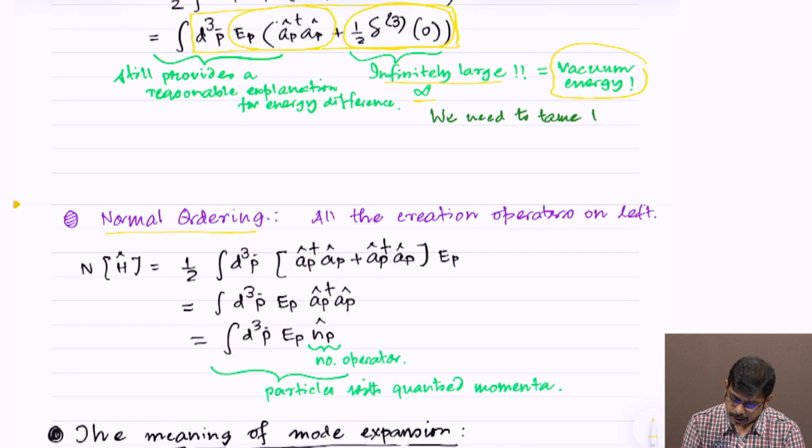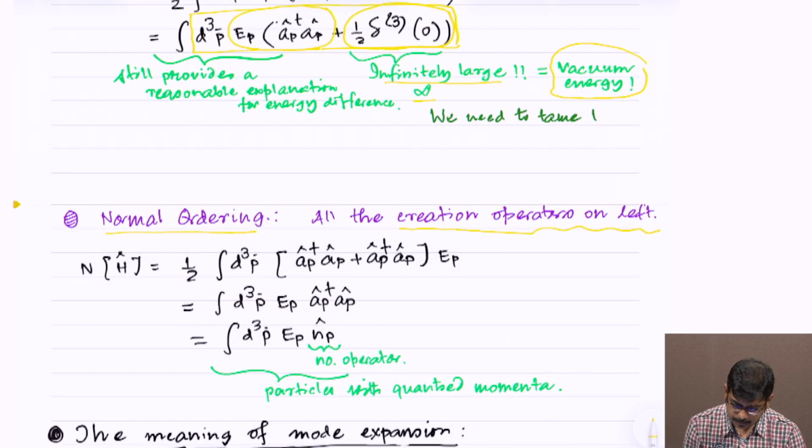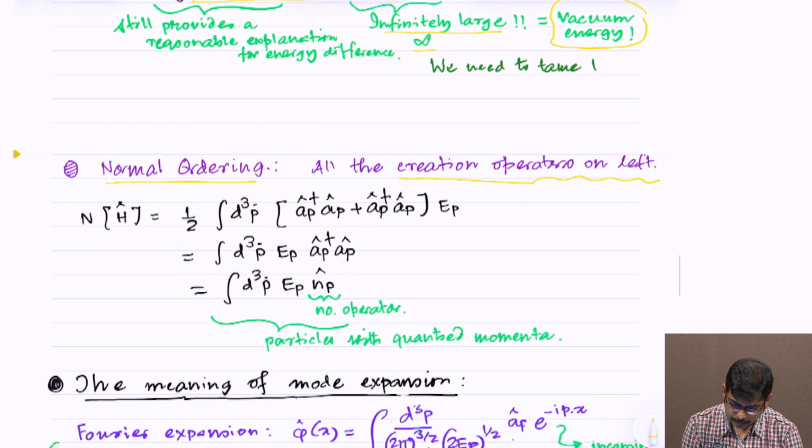And in this normal ordering, basically what you prescribe is that you normal order the Hamiltonian, and that brings all the creation operators to the left. So, this is the prescription by which you forcefully bring all the creation operators to the left, and therefore you say that the normal ordered Hamiltonian for the massive scalar field theory that we have been talking about is